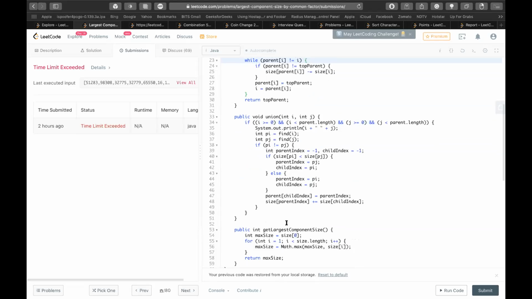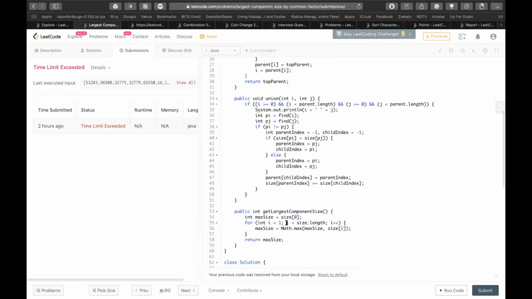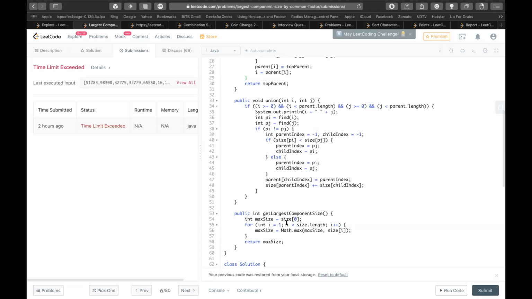Okay. So, but in this case, your size should only be... Oh, you are actually using a parent index and child index as different variables itself. Okay, no problem. So they will be fine. Yeah, got it. So size of parent index will increase by the child index when a union happens, and when we want the largest component size, I'm taking the max of that size array itself.